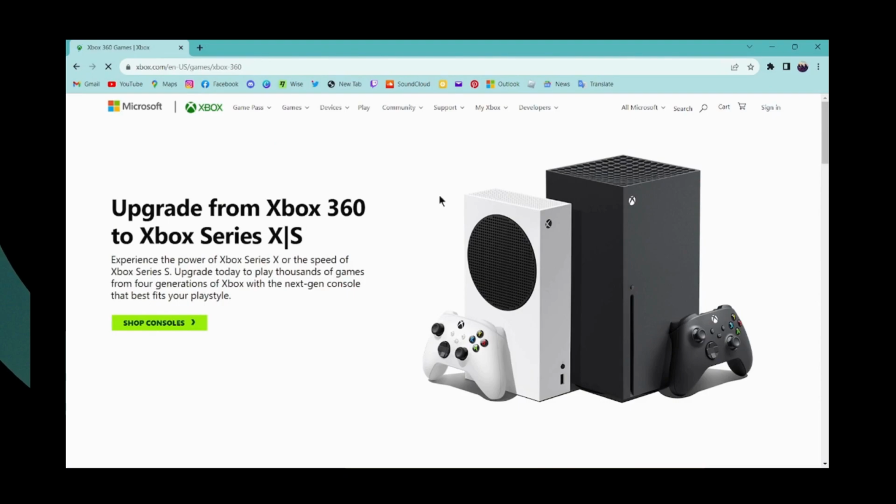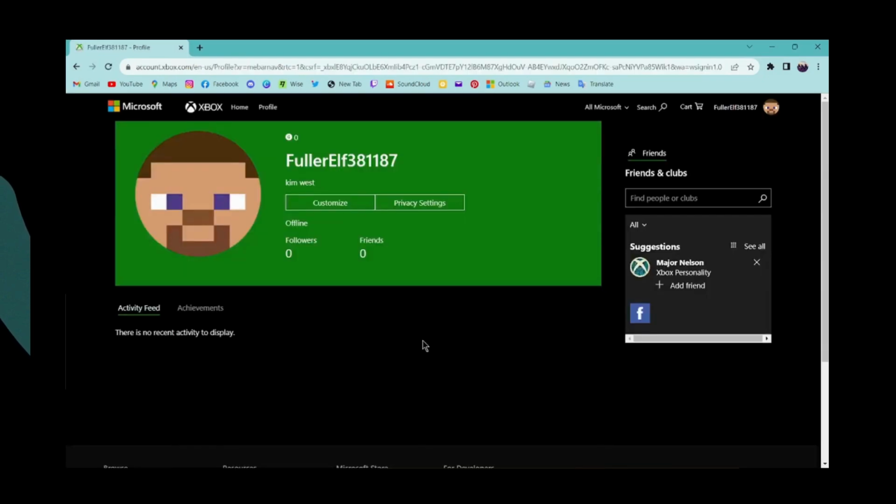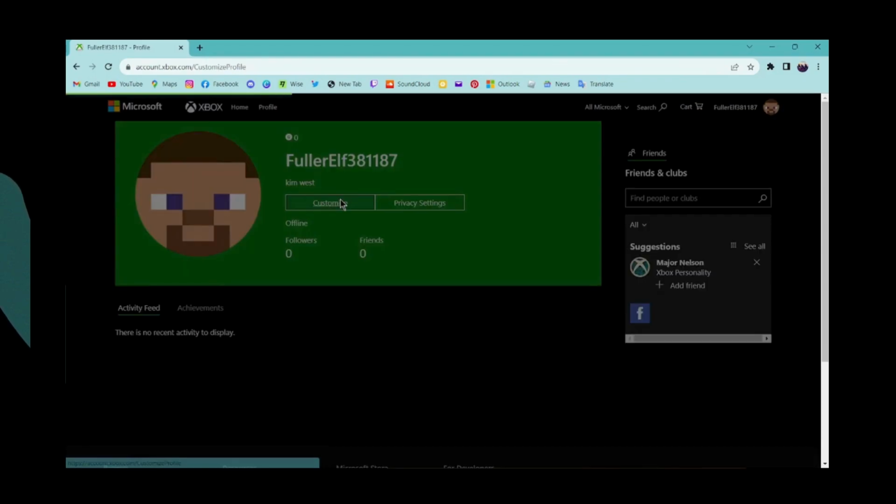and here you can simply go for sign in and then sign into your account, which is on the upper right. And after signing in, now you can simply click on your profile and then you can go for Xbox profile. So here you will have your Xbox profile, right? So what you can do is you can simply go for customize,